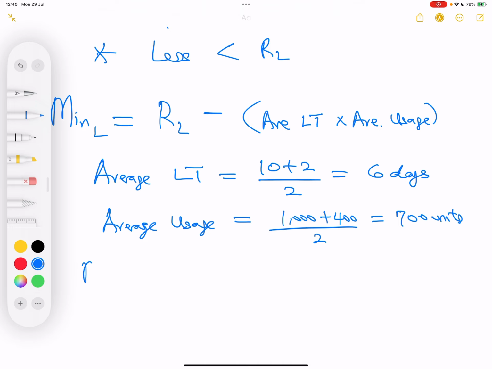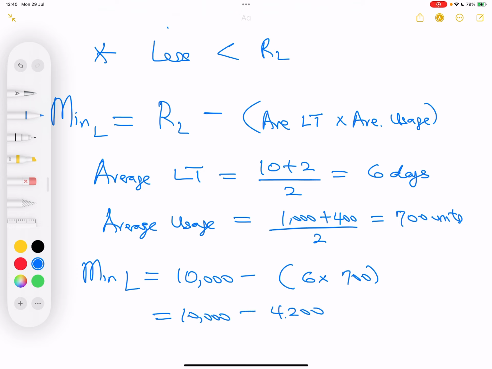So which means our min level equals to reorder level of 10,000 minus 6 times 700. That's also 10,000 minus 4,200. That should be equals to 5,800 units. So this is our safety level. Anything lower than this,